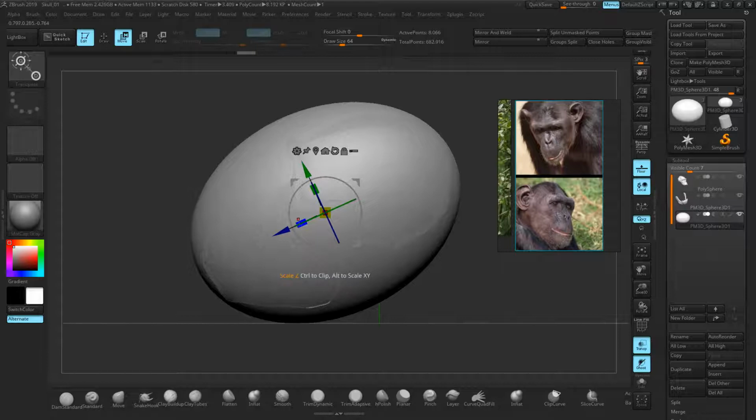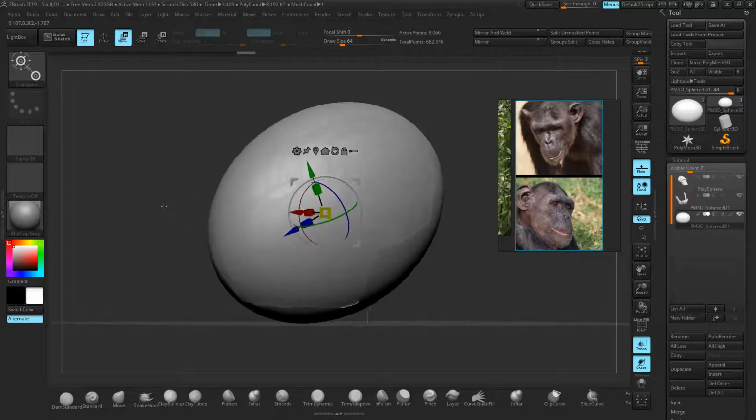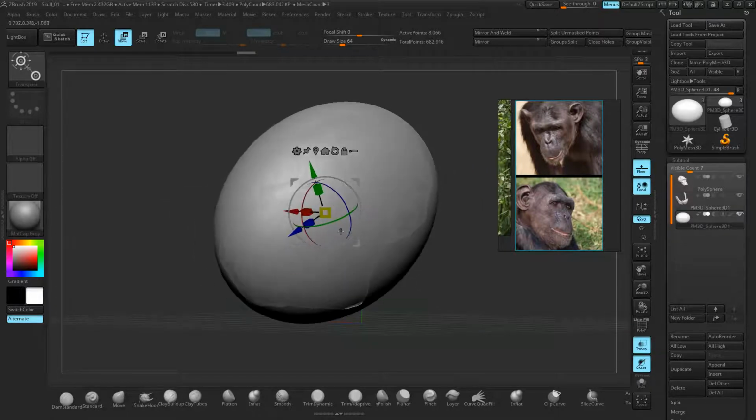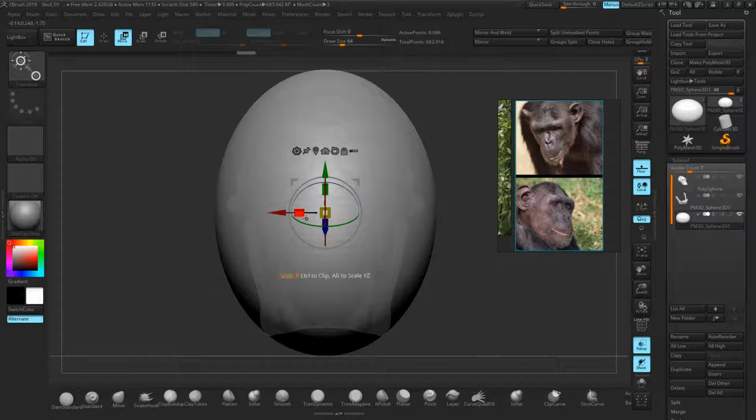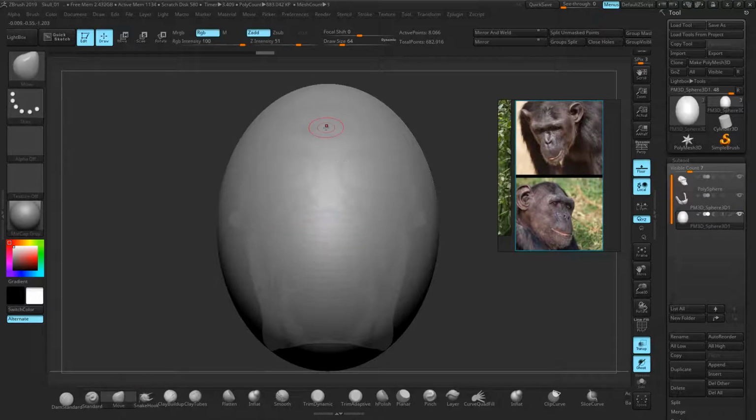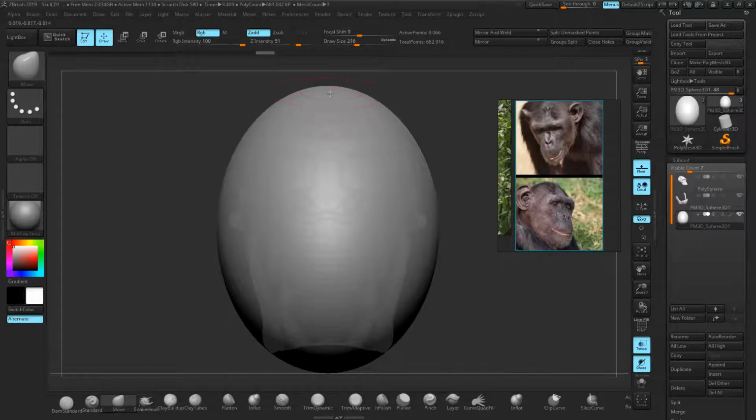So I've got this egg shape directly on top of my skull. Now in this case, we're not going to model two separate pieces for the bottom jaw. We're just going to model the entire thing with this single piece of geometry. So that is lining up. We've got a slight clip through there. Let's just scale this up. That's looking okay. And now we can use this move tool and start to place this